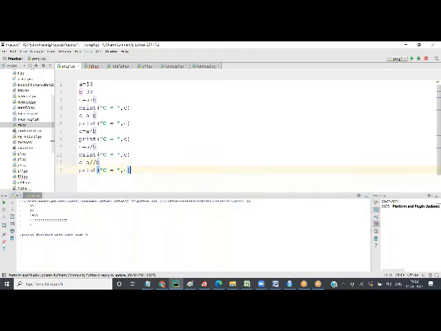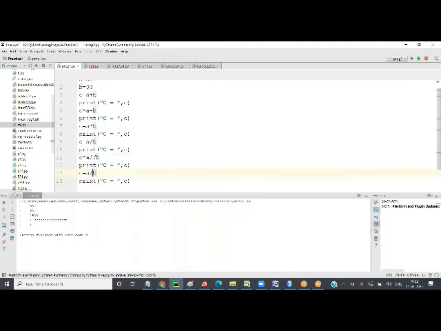I want the remainder. What is the remainder of 50 by 30? 20. To get the remainder, we use percentage. A percentage B will give us the remainder. When I run it, you get 20, which is your remainder.